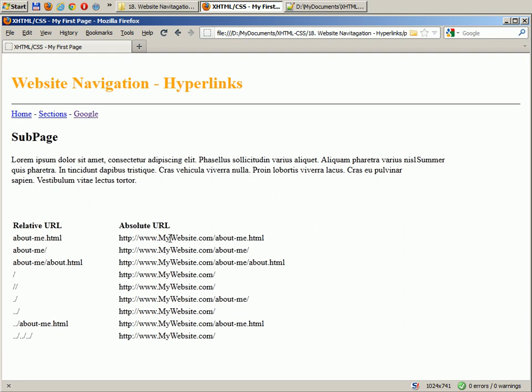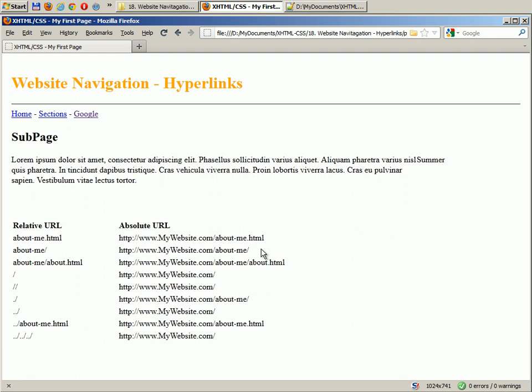However, within this table, I just placed a couple of things regarding the relative URL and the absolute URL. So basically, the relative one, as you can see here, about me.html, if I have a page, then it will load the page that is contained within the root folder. And the root folder would be interpreted by the browser like this. You have the HTTP, then you have my website and about me. And then if you have a folder name which is called about me/ then it will place the website address and then about me, and it will load whatever file it finds in that folder, and it should be